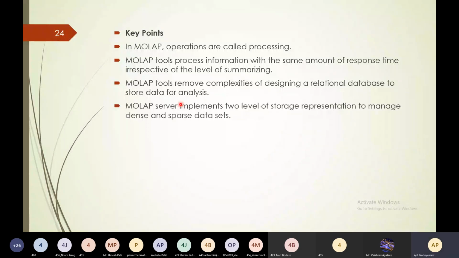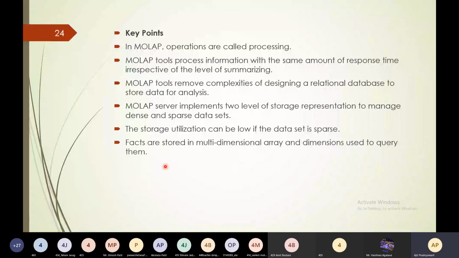MOLAP server implements two levels of storage representation to manage dense and sparse data sets. The storage utilization can be low if the data set is sparse. Facts are stored in a multidimensional array and dimensions are used to query them.